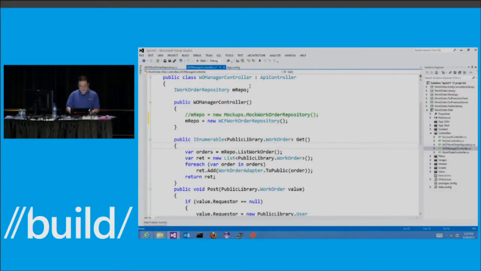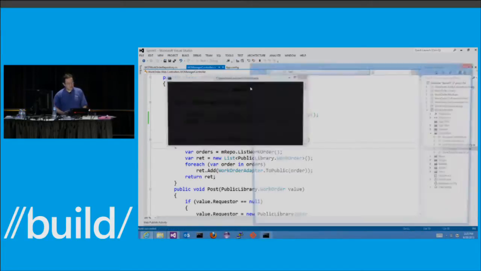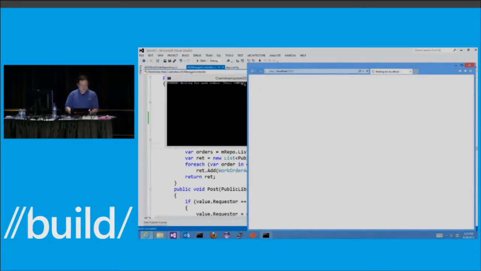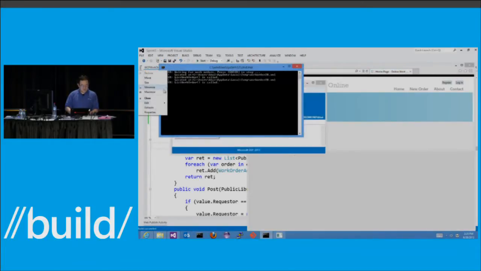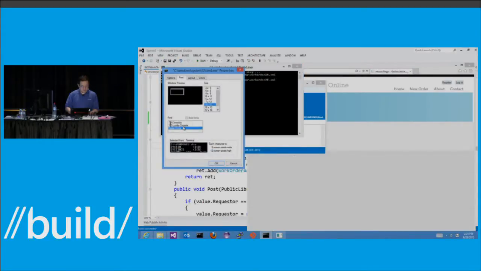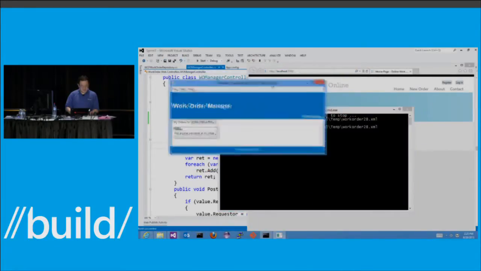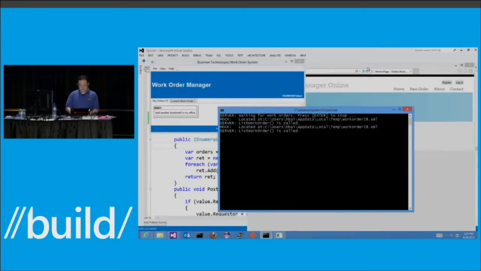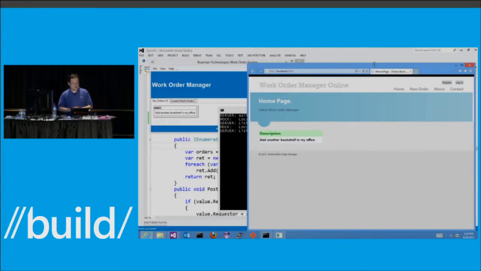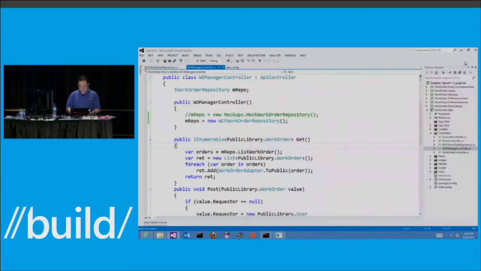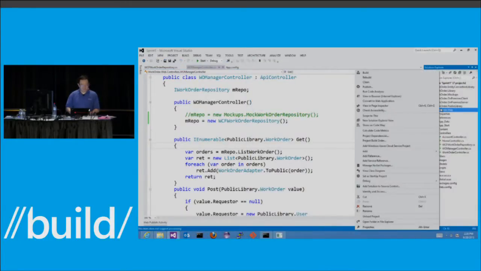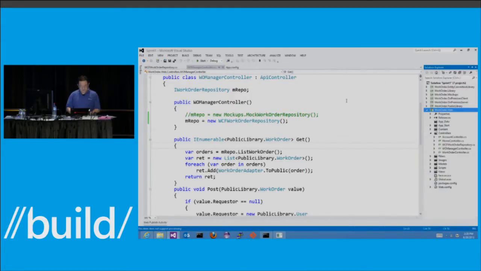And I can actually work on this. I will start everything, my client and server. I will change this a little bit so you can see better. So here's my server running, here's my on-premise client. But here you can see I'm running this website locally on my computer. So this is kind of cheating because everything is local. So to avoid confusion, let me close this. And I'm actually going to deploy this website to Windows Azure. So we are doing this for real.